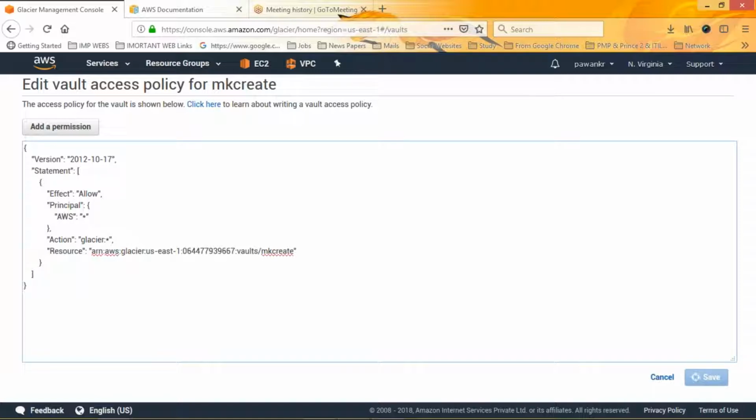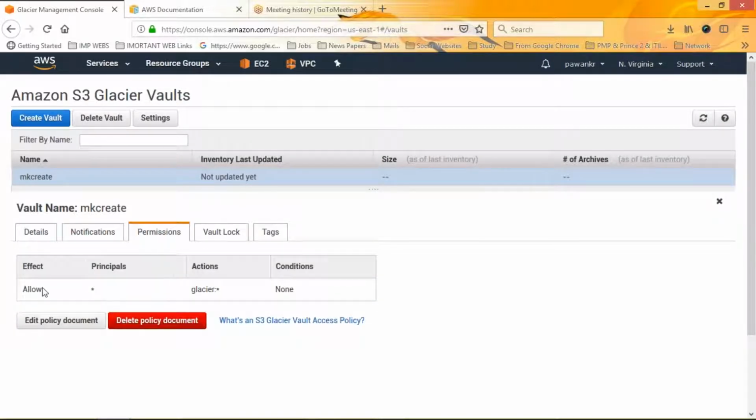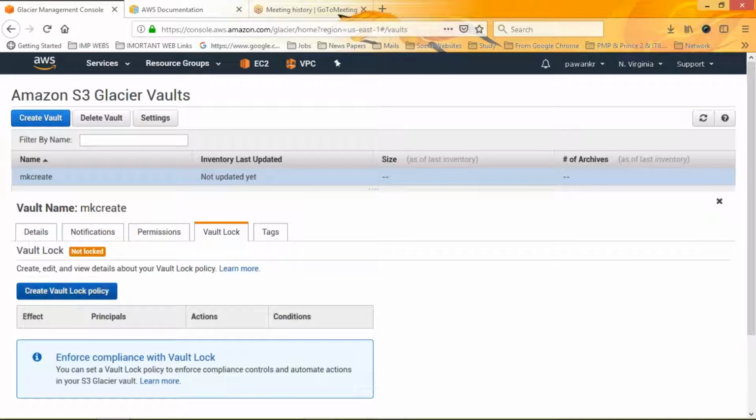So it is not recommended to allow everyone on the particular S3 bucket. It depends on your organization or your company who is going to allow or who is going to deny the things, right? And we require to lock the vault. We can create a vault lock policy. So if you're going to